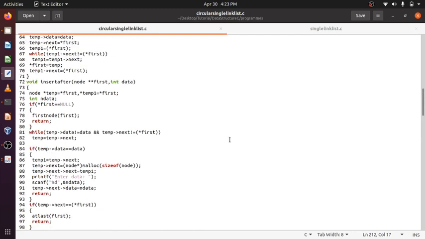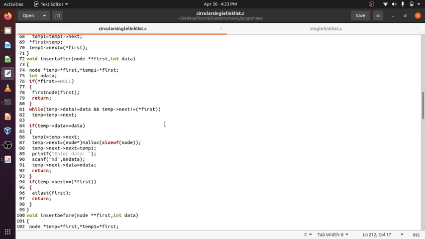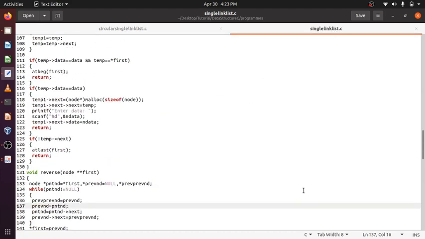One more will be there, insert after. This insert after is also there. Here also insert after is also there.